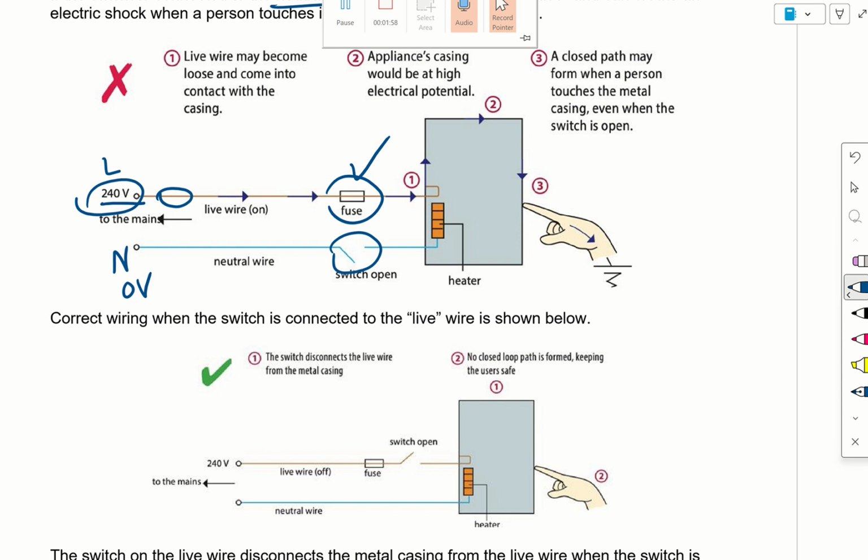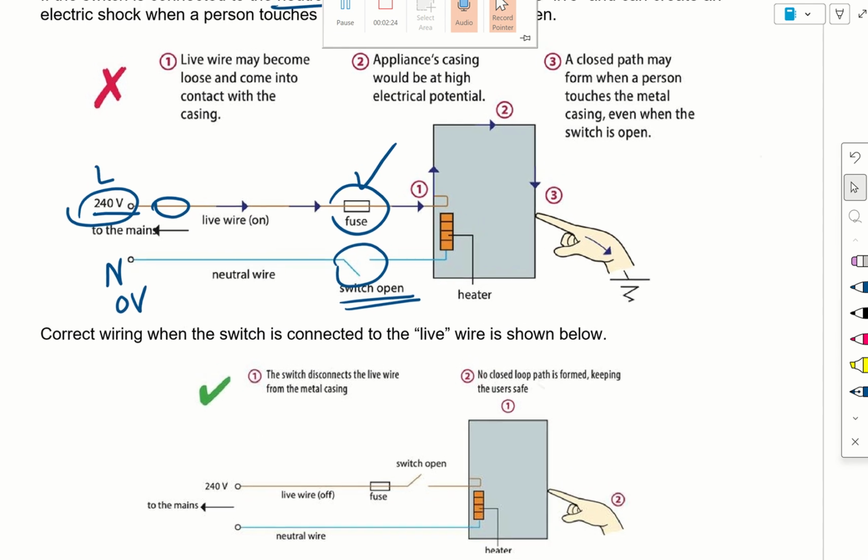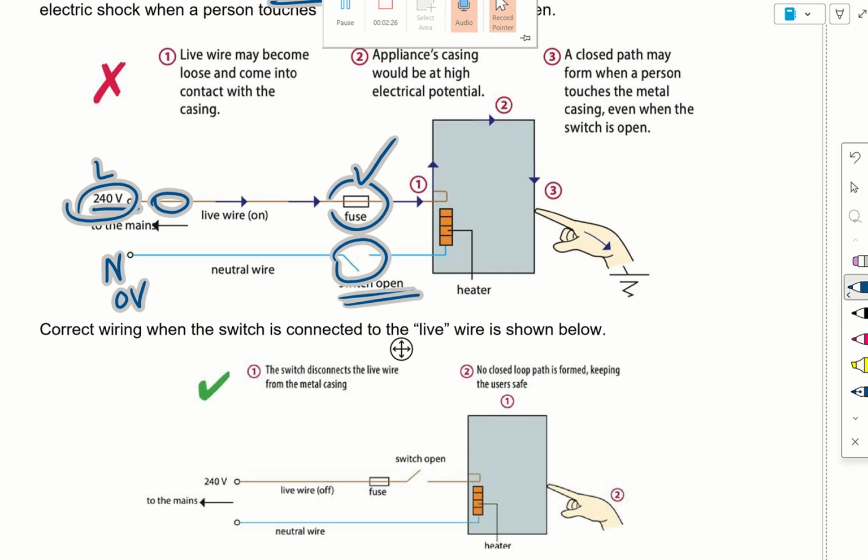So in this case, the switch is open, right? So basically, you see that the socket or some devices, they have a switch, right? And the switch is actually open or the appliances is off. However, the appliances is still connected to the live wire. Okay, so then,